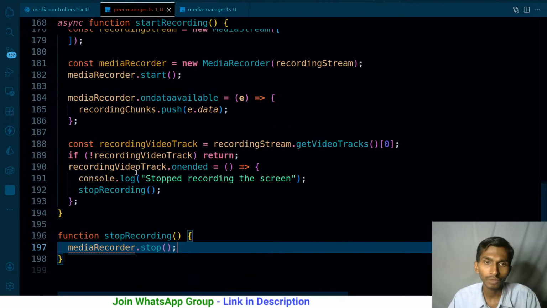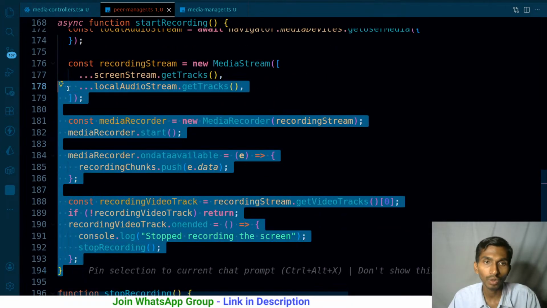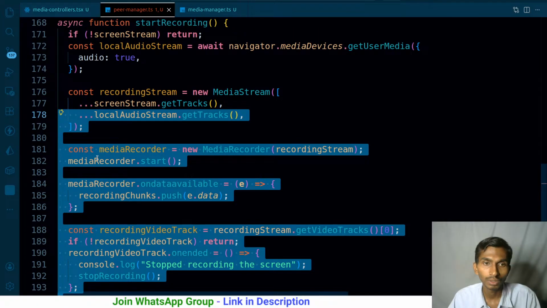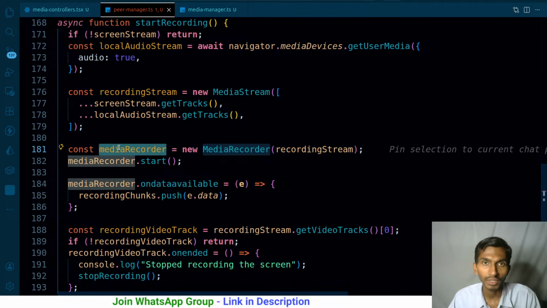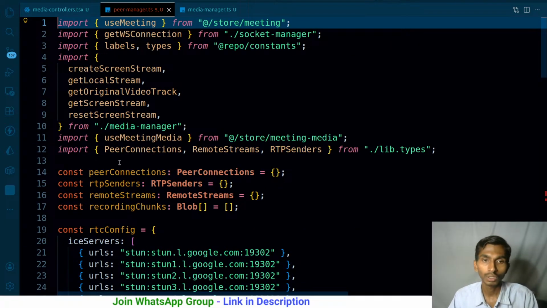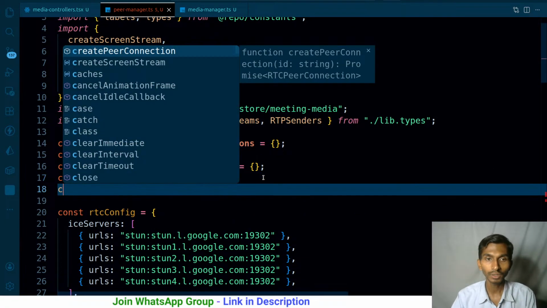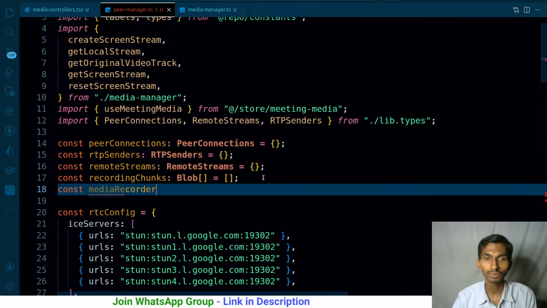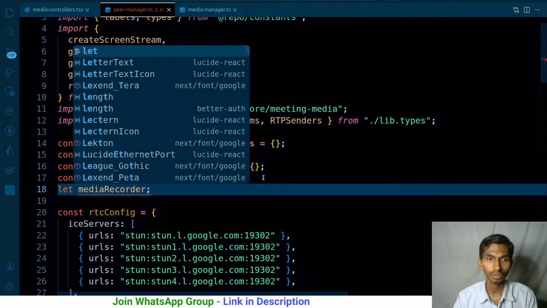So let's do one thing. This media recorder is limited to this particular function itself, so I'm going to make it globally available. Let me make it let, just like this.